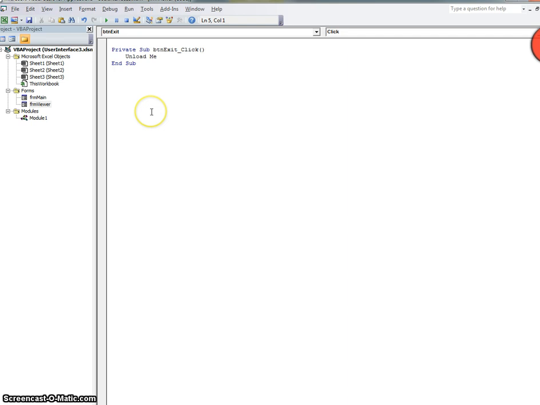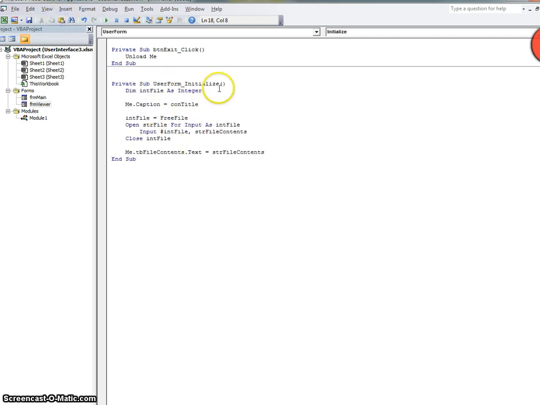So that's an initialize procedure. So user form initialize. So this time I'm going to put the caption at the top of the form as I did before, but more importantly, I'm going to open the file that the user selected in the file dialog